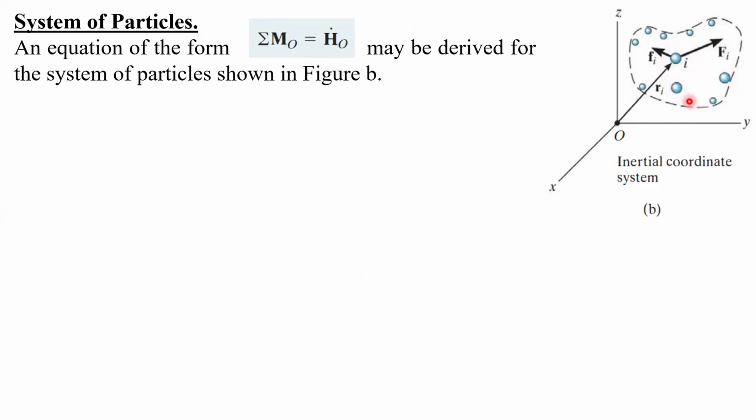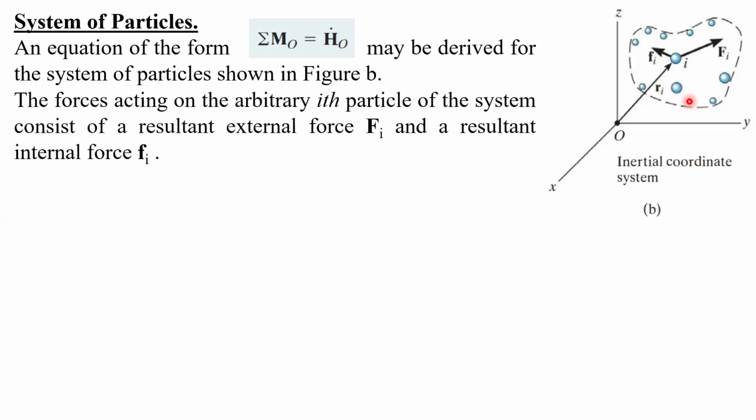The internal forces are collinear, and they cancel out in the summation when you are looking at the forces. So the forces acting on the arbitrary ith particle of the system consist of a resultant external force, Fi, and a resultant internal force,